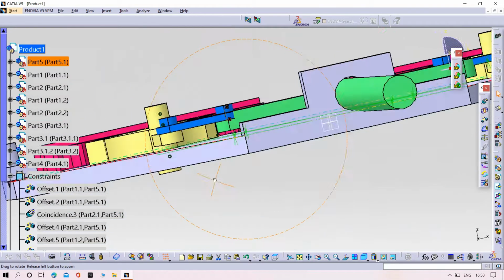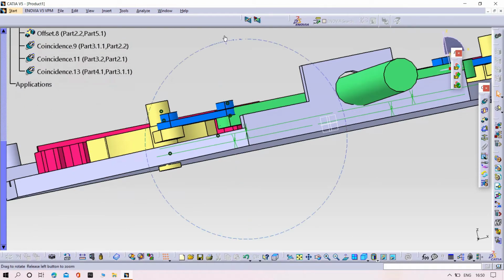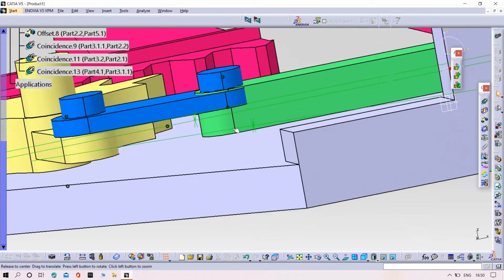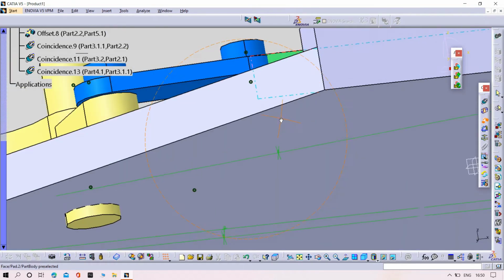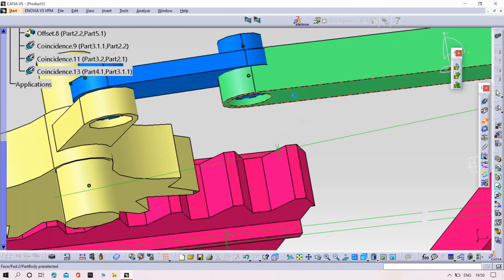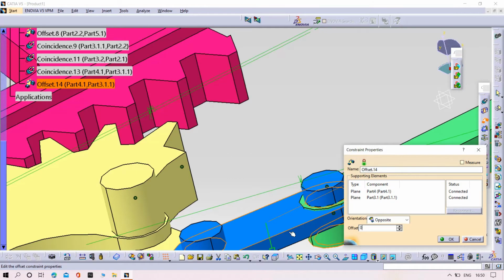Yes, perfect. Now before that, try to delete the surface relation between part number 2 and the links. Now try to give the surface relation, 0.